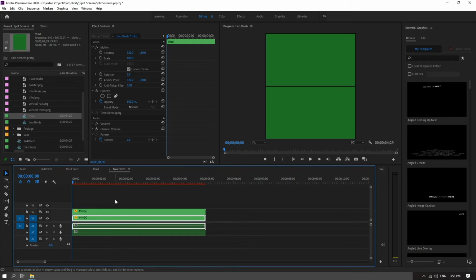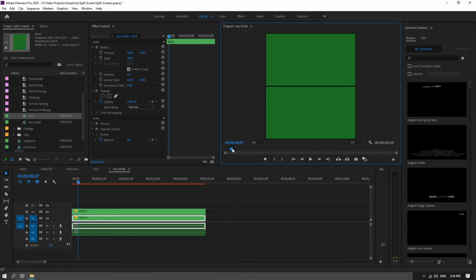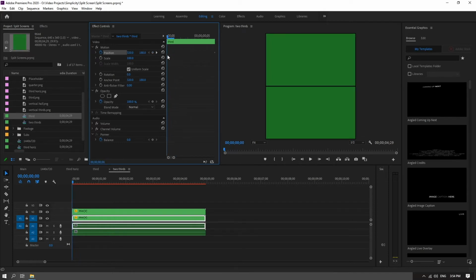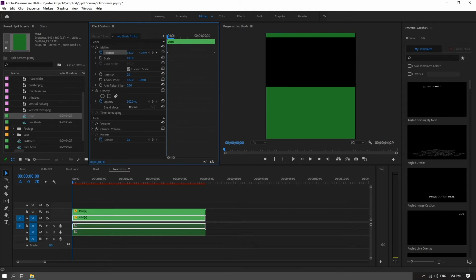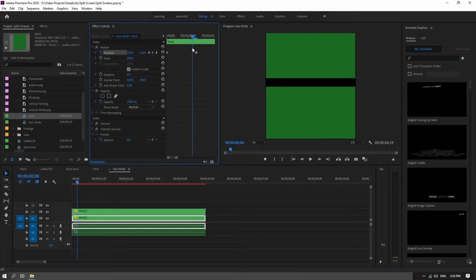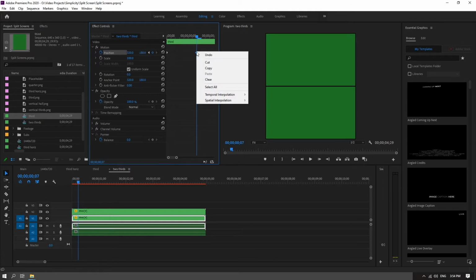So what are we going to do? We're going to make it come down from the top, just for something different. We go to 7 frames in, and we click our position to create a keyframe, and then we go back to the beginning, and we need to change the height and drag that out. So that really should be -180. So now when we play that back, there we go, and we'll make that ease in,